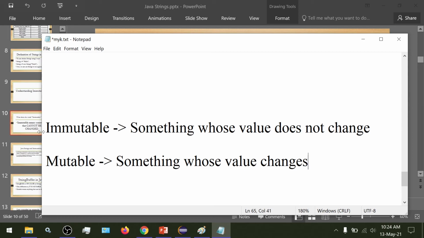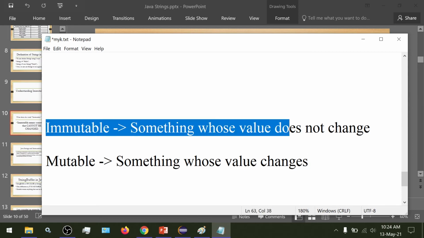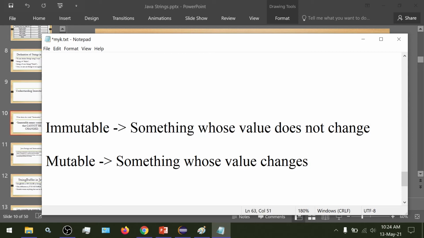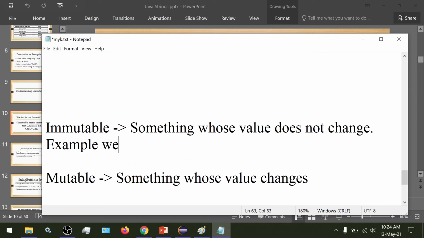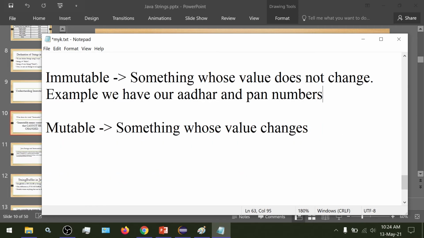For example, we have our Aadhaar and PAN numbers as immutable, and as an example of mutable, we have our name, which is mutable since we can change it.